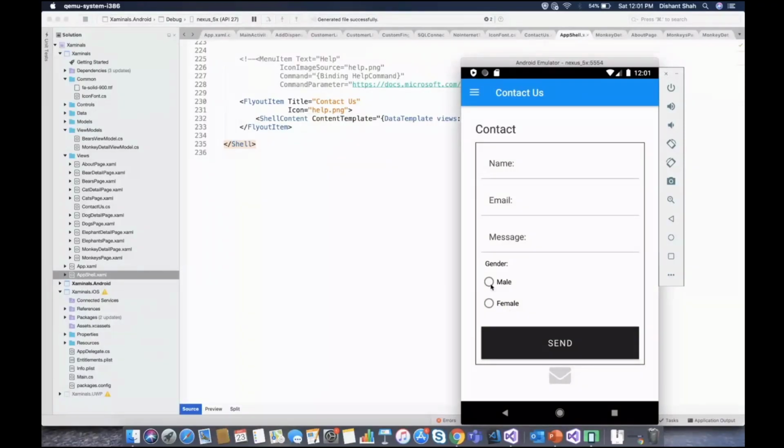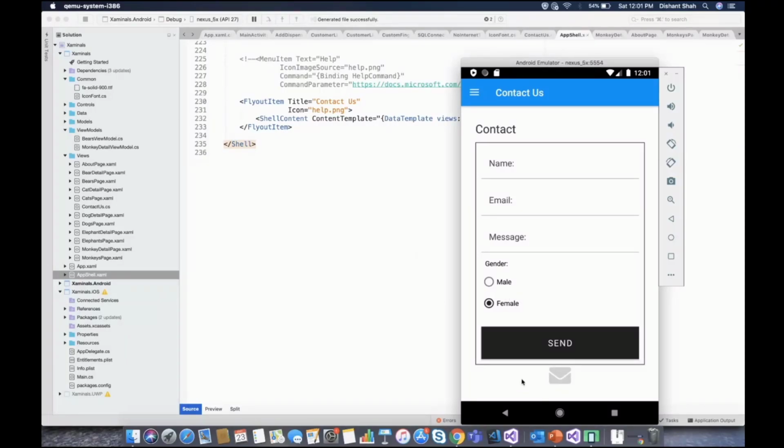But you can set the default property also, enabled to true. Let me click on that. Okay, here we go. Cool. So this is how the radio button works, a very easy and very useful control.